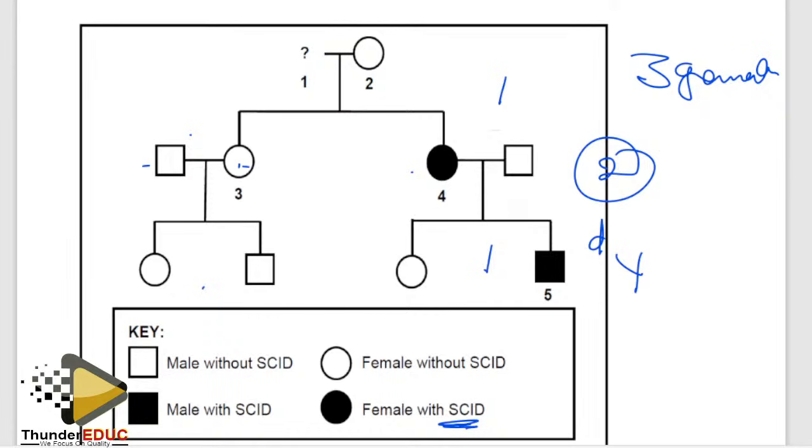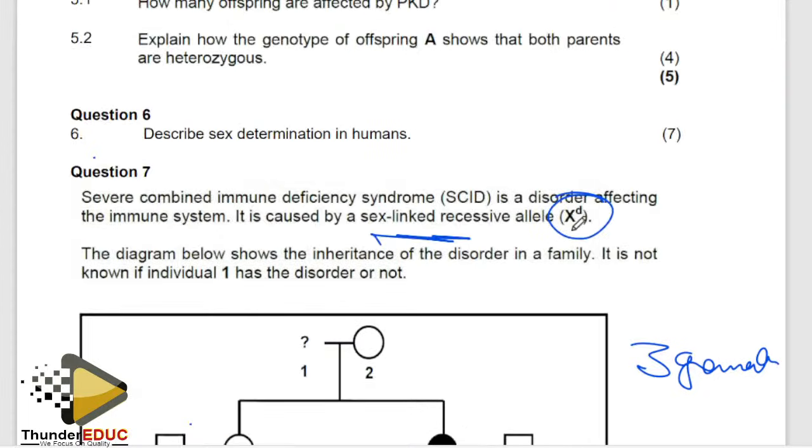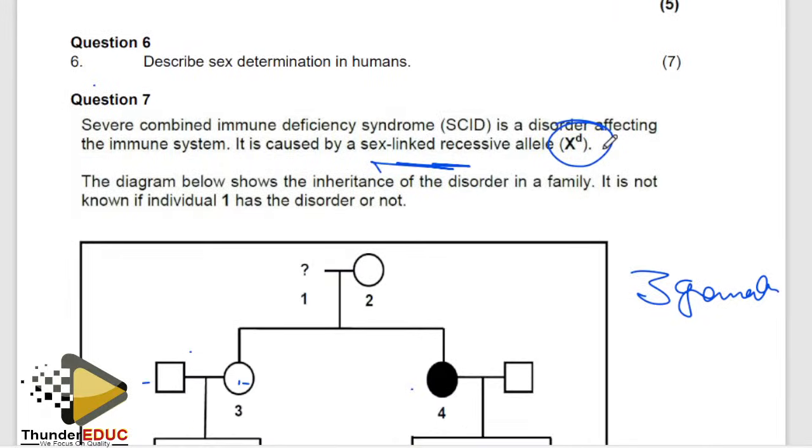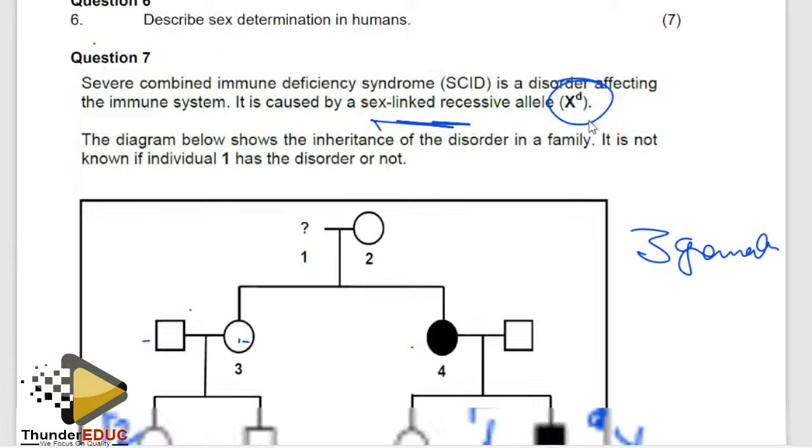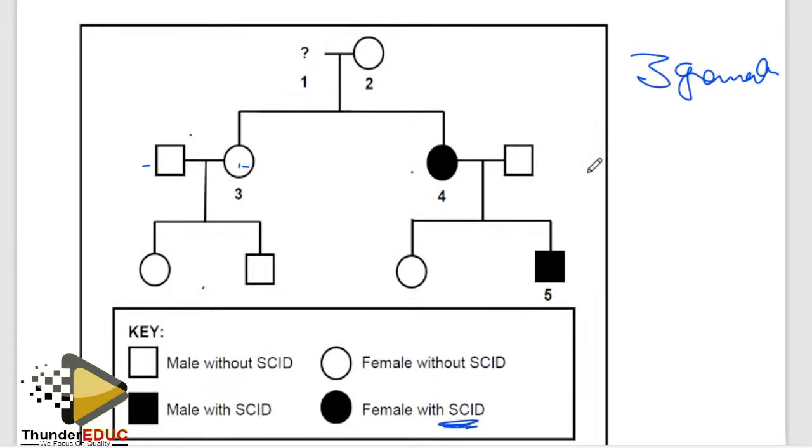All right, let's go to the next question. How do I identify? Okay, now someone is asking me. I'm going to go there so that we finish this. How do I identify one? To identify one, remember you have to first identify that this is caused by a recessive allele. Yes, if it is caused by a recessive allele, so what you need to do is